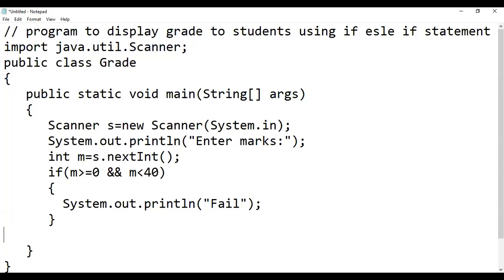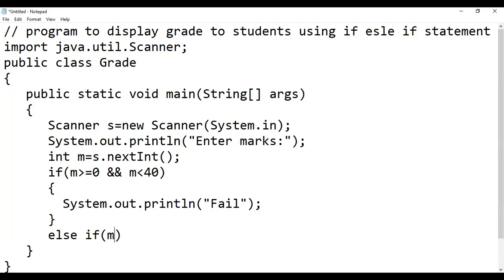So now again, next condition we have to check, like if student marks between 40 to 60, then grade will be C. So again we have to check another condition. In if and if else we can check only one condition, but in if else if we can check a number of conditions. So second else if, now we can write here our second condition.